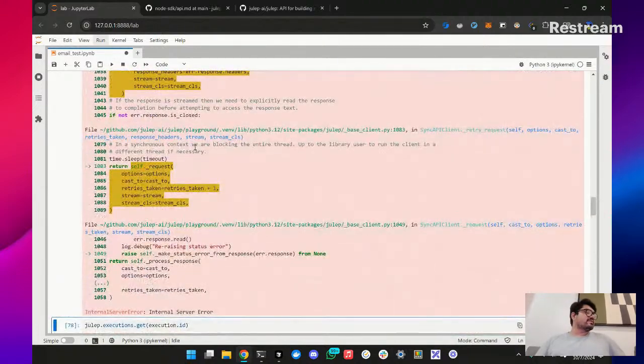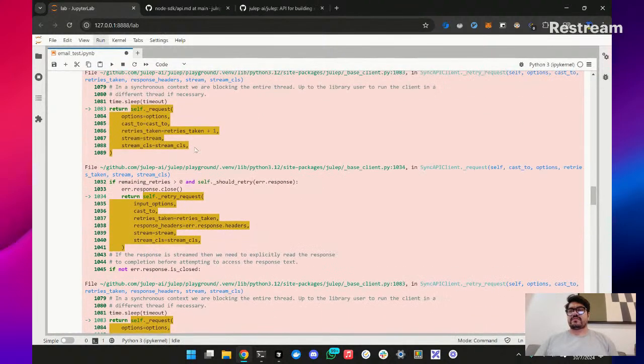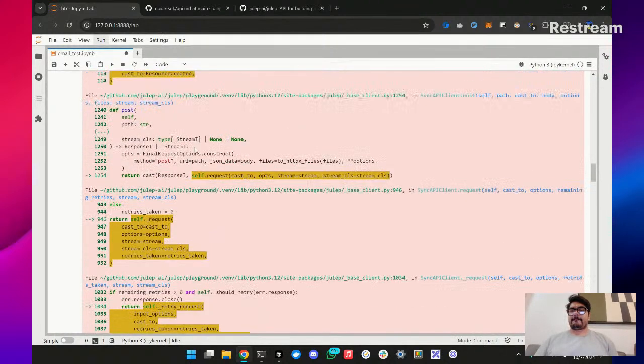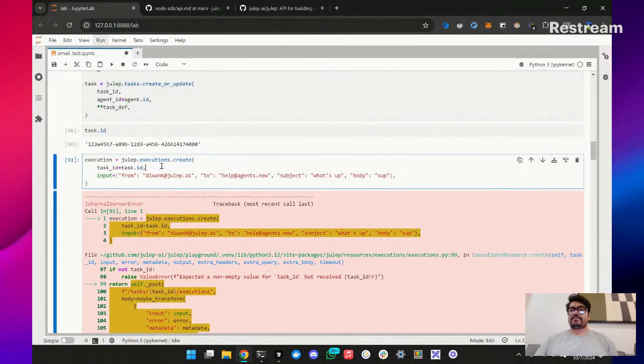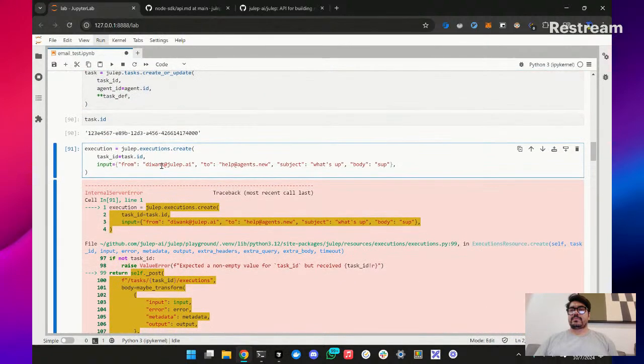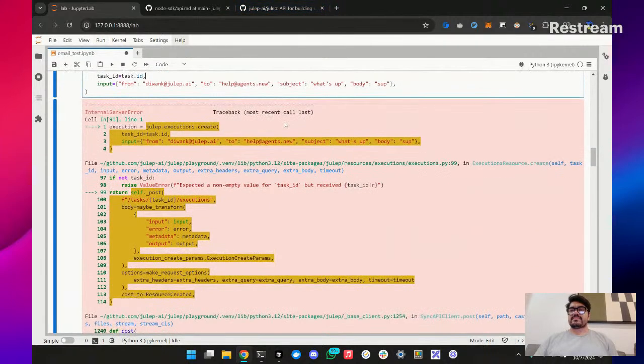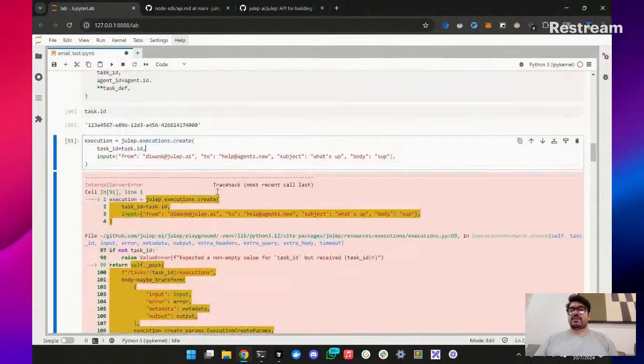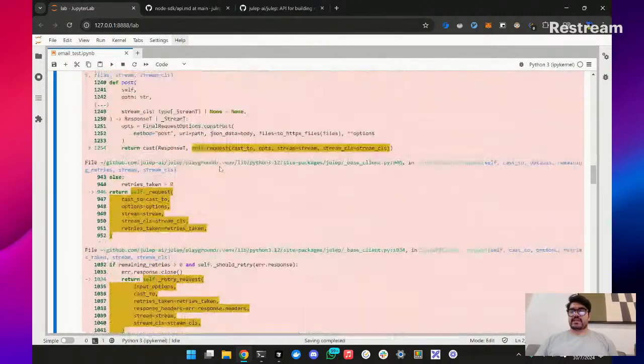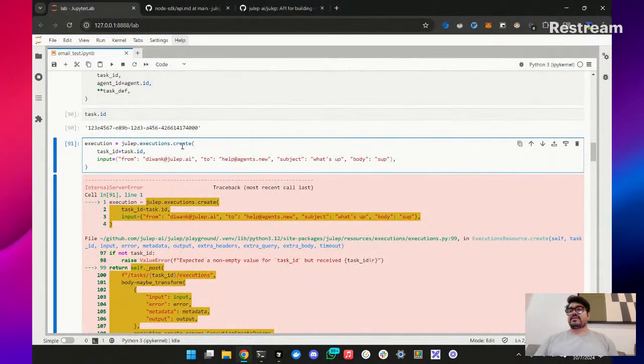Ishta, can you ask the team to check what's going on? Something is wrong with the server. Okay, I'm going to look into this in a second, but you can start the execution,